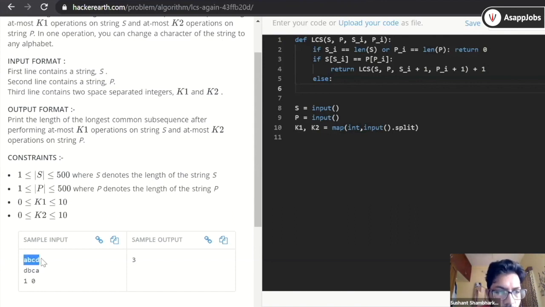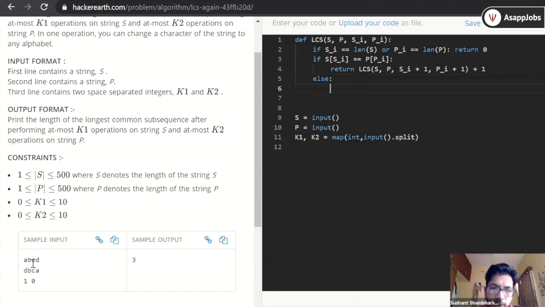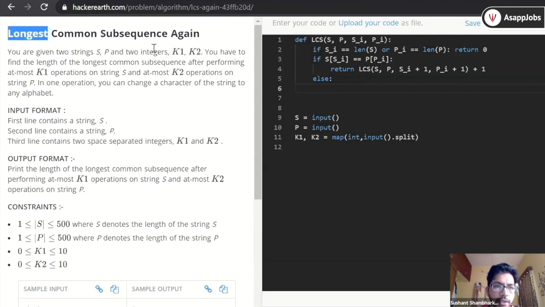On the first recursive call, you will increase the index of the first string, you will move to B, and on the second call, you will move in the second string from D to B. In both of these recursive calls, wherever you are getting the maximum LCS, because it's called the longest. There is the word longest here, longest common subsequence. It's not just a common subsequence, it's the longest common subsequence. So you have to find the longest one. That means you have to perform some maximization or minimization operation. Here it is the longest, so you will perform a maximization operation. So what you will return is the max of two recursive calls.